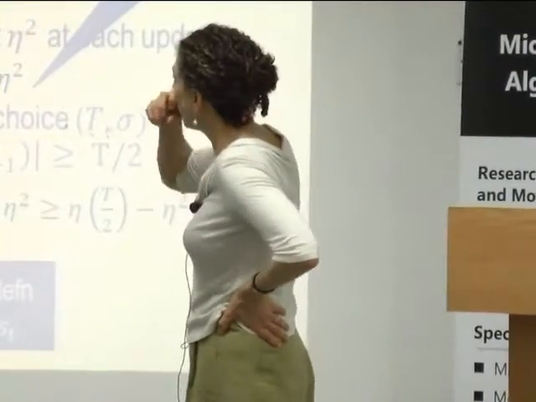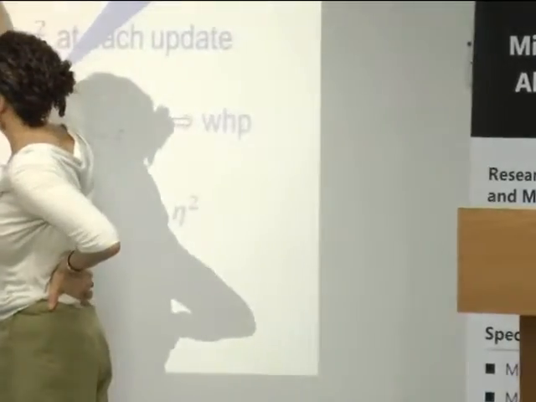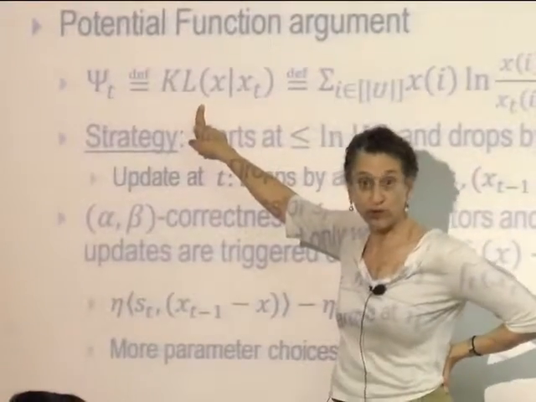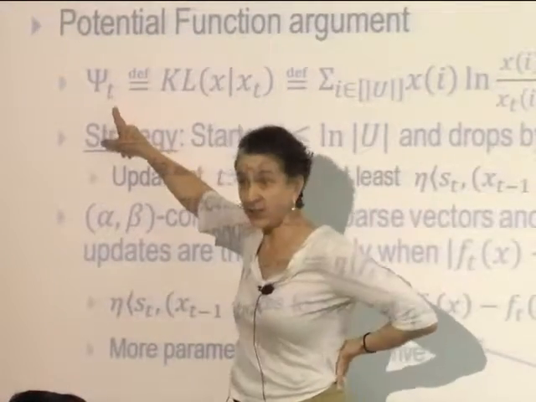So the technique that's used is a so-called potential function argument. Remember this KL divergence that we talked about. So at step T,